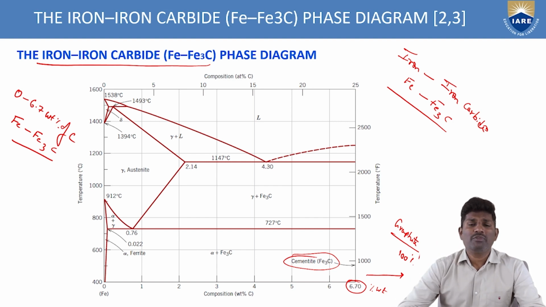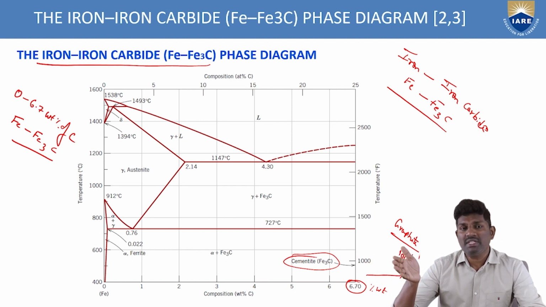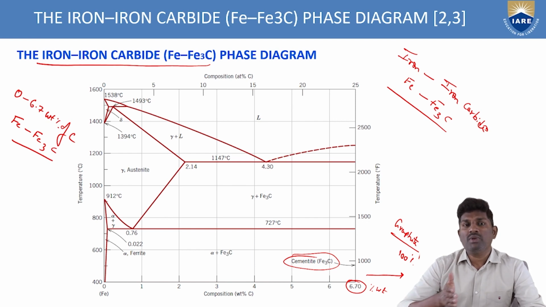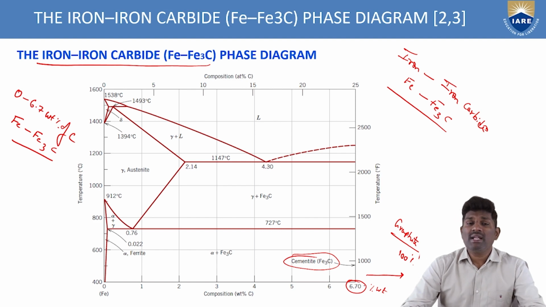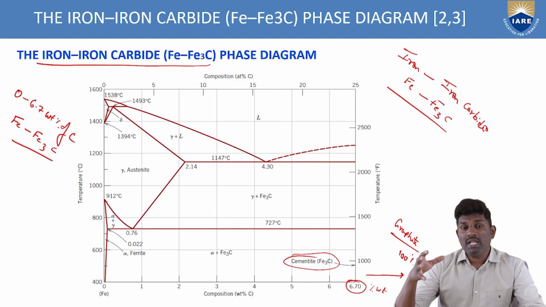In any other type of phase diagram, we take the composition percentage up to 100 percent, and we draw the phase diagrams up to 100 percent. But in the case of this iron carbide diagram, we have to restrict it to 6.70 weight percentage only, because up to this point only we are converting iron to iron carbide. That is very important. And how do we decide that it is 6.70 only? With the help of the phase